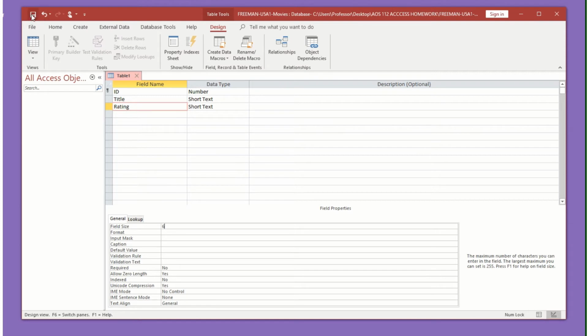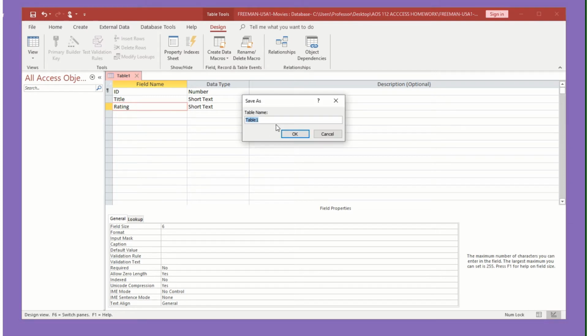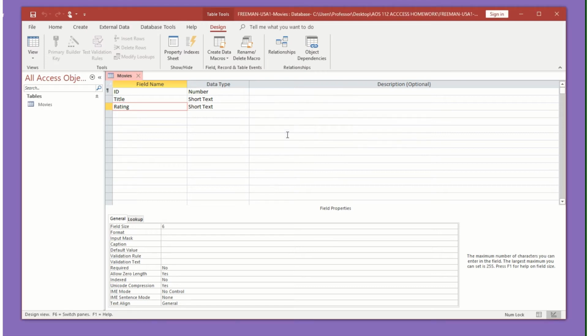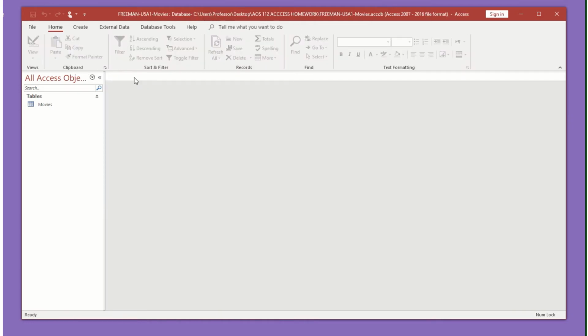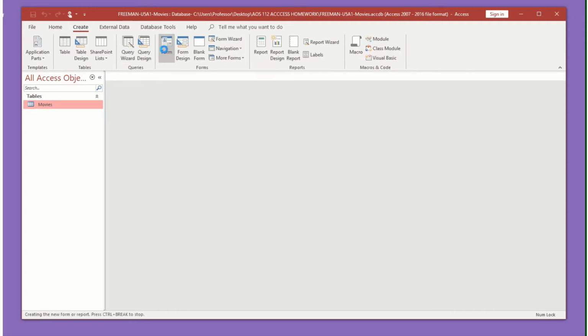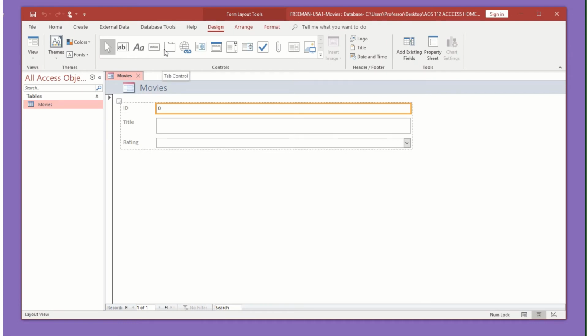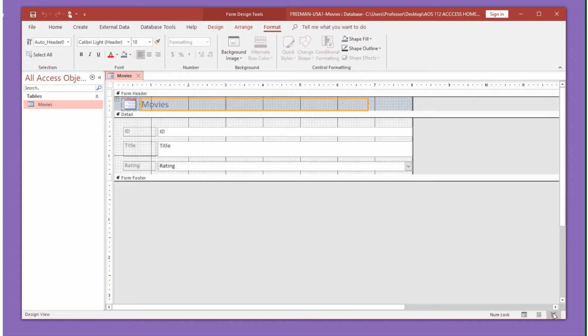I'm going to come up to the floppy disk icon, and we'll save it as Movies. And we'll close it. And we'll use the Form button to create a form from this table. I'll select my table, click Create, click right on the Form button. We're going to go down to design view and narrow the width of the fields. So that's these guys over here. I'm going to click on them one time